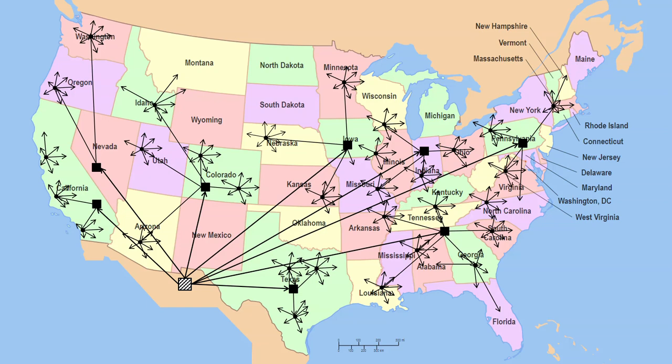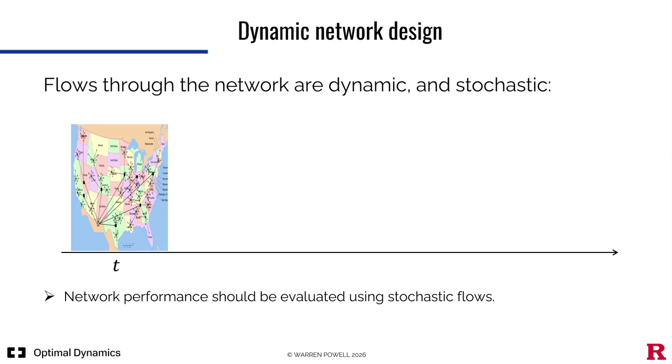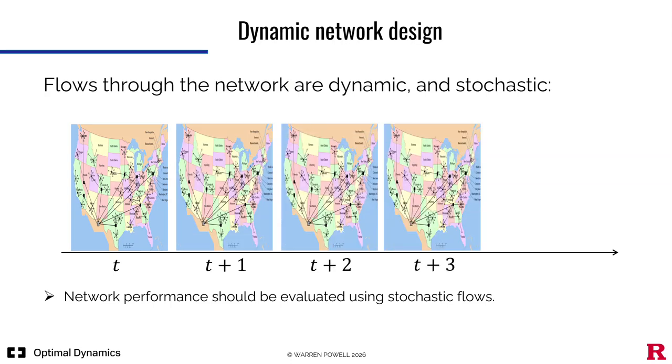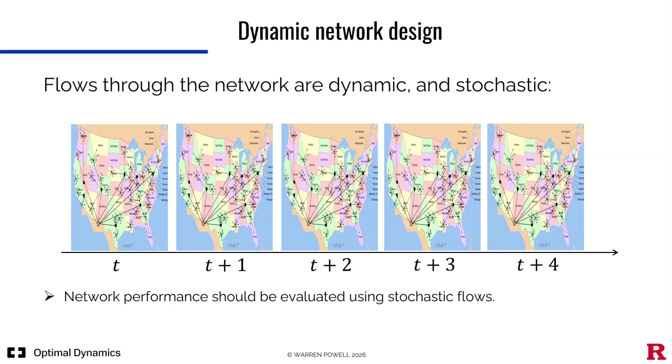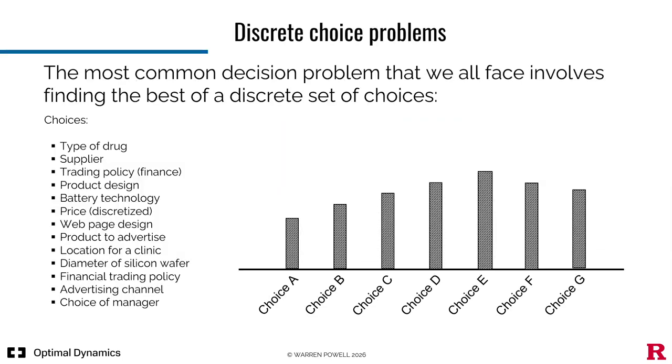Now, here's a classical problem in operations management. I have a factory down in Mexico, and I have to ship to various warehouses, and I have to find the best locations for the warehouses. That is classically solved as a deterministic optimization problem, as I illustrated earlier. However, even these are sequential decision problems. I don't just solve them once, I solve them repeatedly over time. And furthermore, the decisions I make at one point in time impact the decisions I can make downstream.